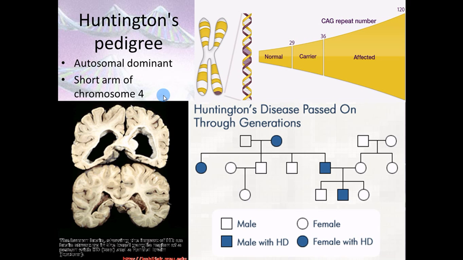Another autosomal dominant disease is Huntington's. And we've talked about Huntington's once before, and we're going to talk about it again when we get to the nervous system. But for now, what you want to remember is it's autosomal dominant, which means that how many of the gene do you have to have the disease? Just one. What's interesting about Huntington's is that the signs and symptoms usually come out in the 30s and 40s. So they probably had children by now and not even known that they